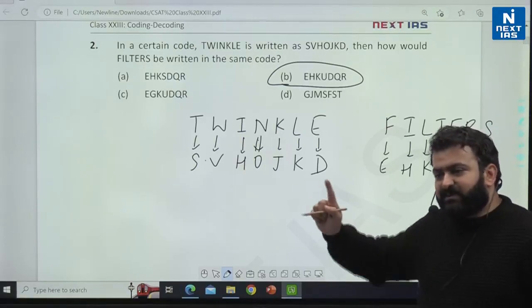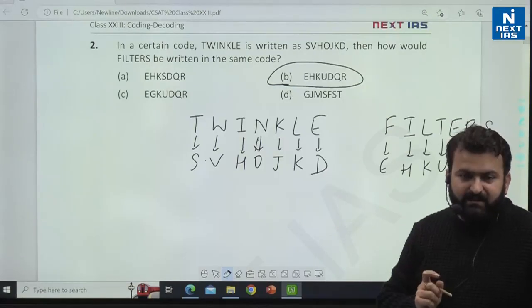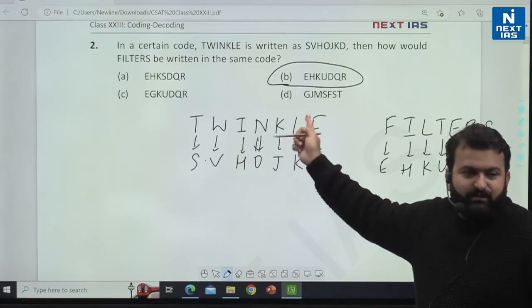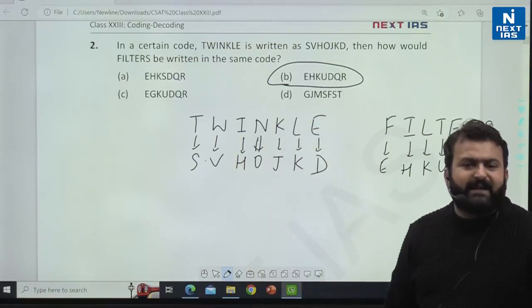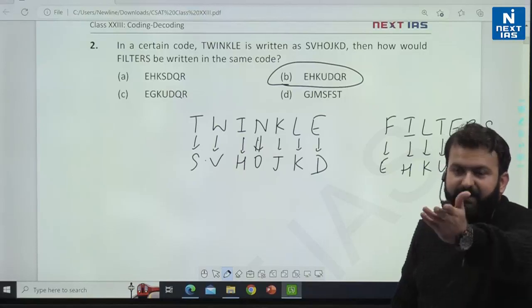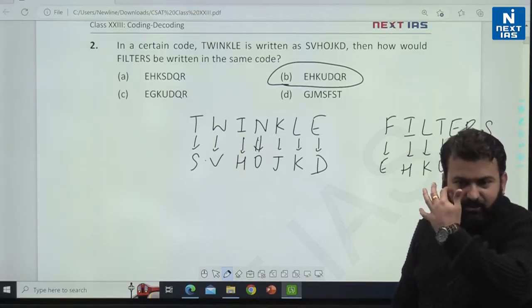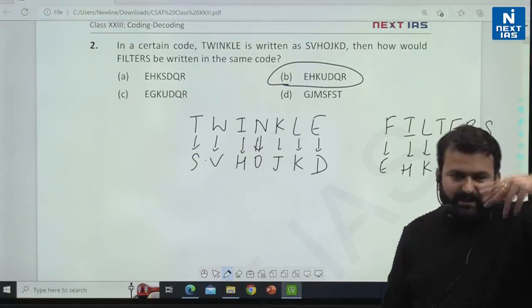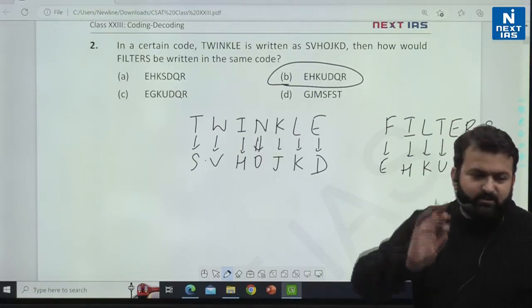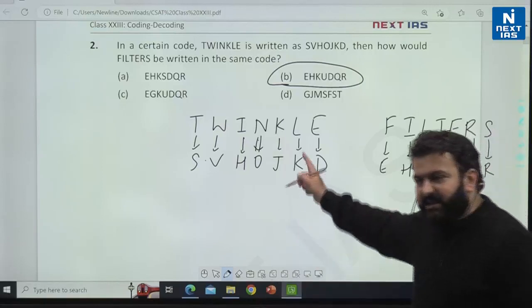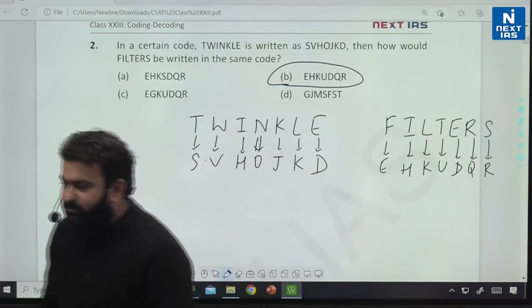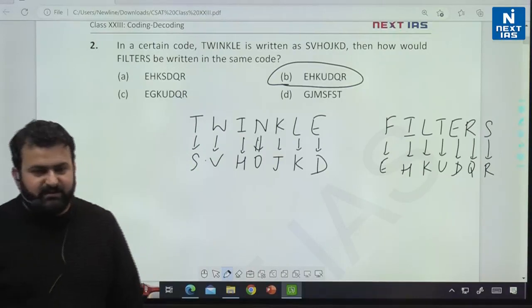So you have to look at the pattern properly. Or in the options, when the options are close, you have to watch it till the end. Many a time the options are not that close. So you look at the options and see that you are getting 2-3 letters from the same option, then you mark it as the answer. But here, when the options are in this manner, then definitely you will have to check further. Is it clear to all?